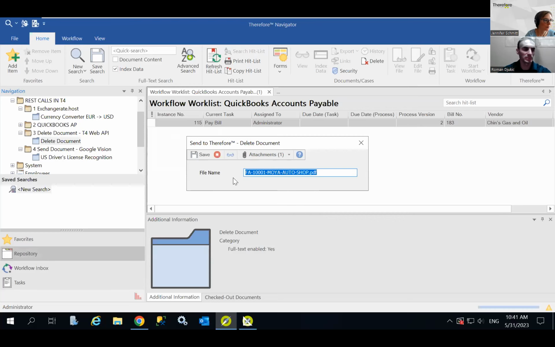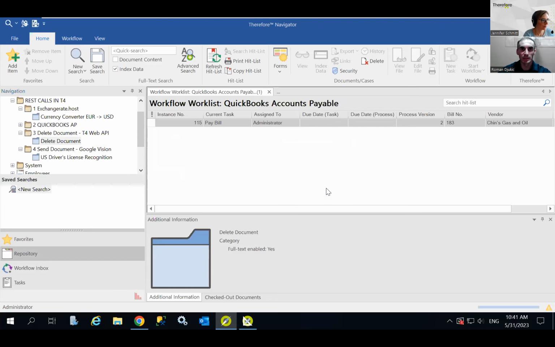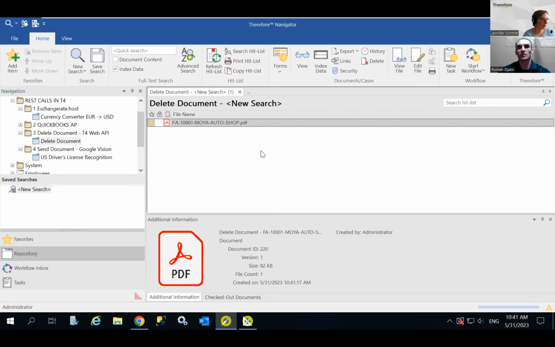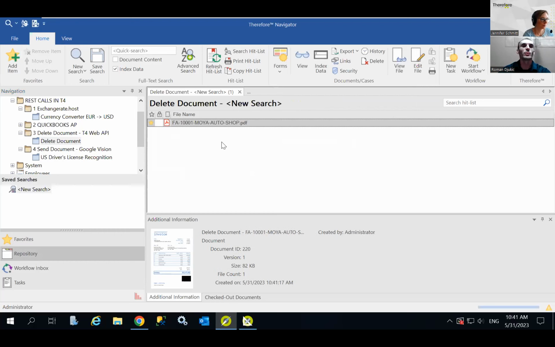And this is a very simple category consisting of only one field, where the file name was picked up from the file. And if I save this, I will just find this document in my category. So why haven't we started this workflow automatically, like in the two previous examples? The intention is to show you